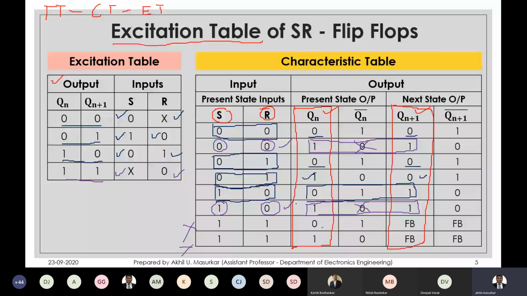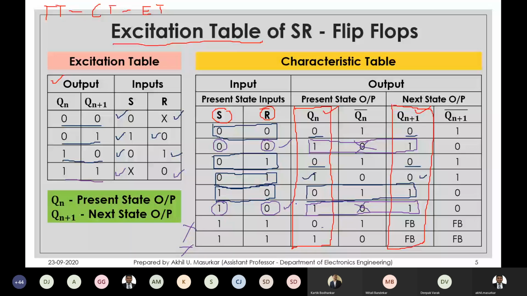Okay, so we will do this for 2, 3 flip flops. Then you will get the hang of this. So this is the final thing in the excitation table. Again, I have just highlighted that Qn and Qn plus 1 are the present and the next state outputs. Okay,